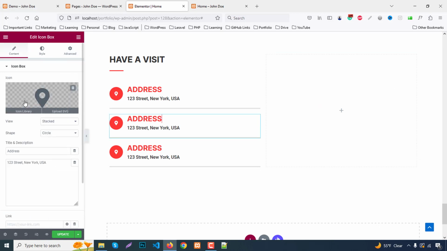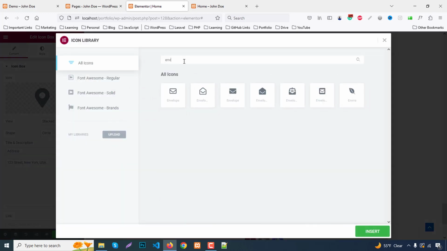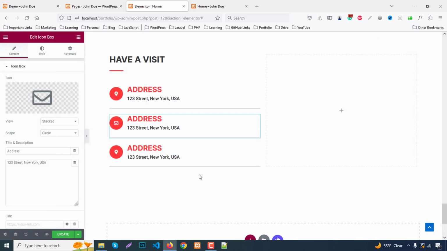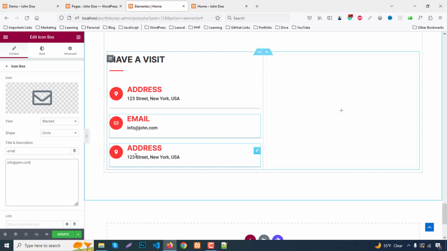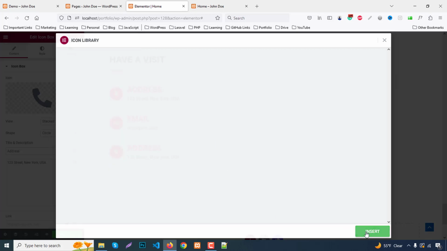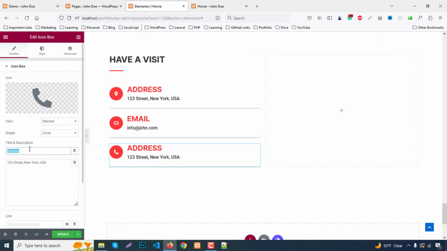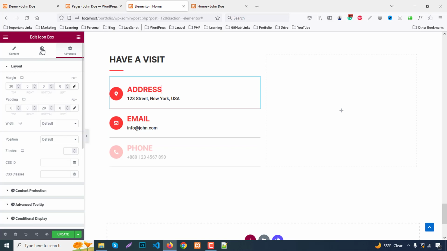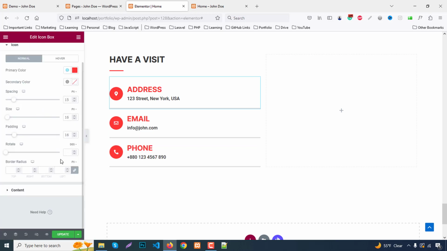So our next item, so we can choose for envelope or phone icon. Okay, so envelope icon, and just click here email. We can choose info at like john.com. And then finally we can use font icon. So just search for font icon, click here, and here we can choose right font, and here we can just write plus 8801234567890. Okay, so click here address, go to style, and here we can choose content part,